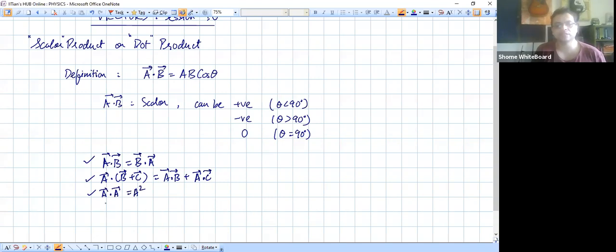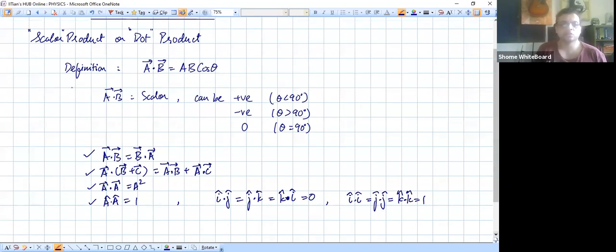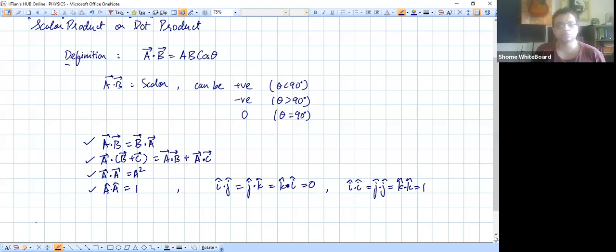Dot product of any unit vector with itself is 1. And dot product of standard unit vectors which are mutually perpendicular is 0, whereas dot product of unit vectors with self is unity. So then based on these properties, we had also seen that finally the dot product in component form,